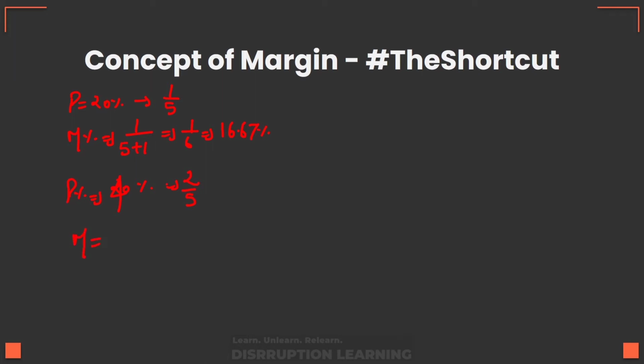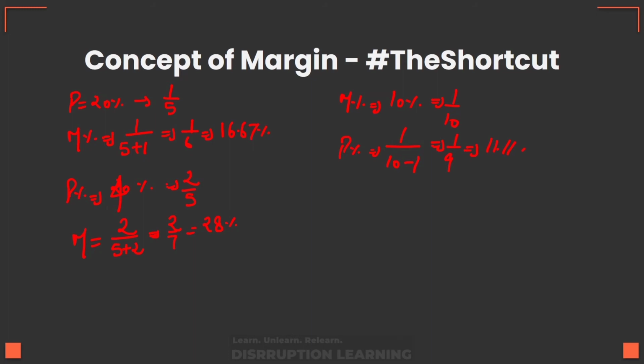So margin percentage would be simply 2 by 5 plus 2, which is 2 by 7, and turns out to be 28%, somewhere around 28%. Now, what if we have the reverse of it? Let's say we have margin percentage, which is 10% now, and it is 1 by 10, we know that. So profit percentage would be the reverse of the last transaction, 1 by 10 minus 1, which is 1 by 9